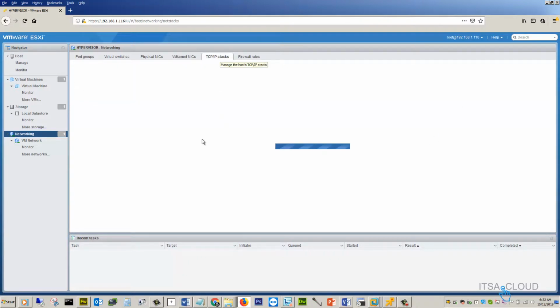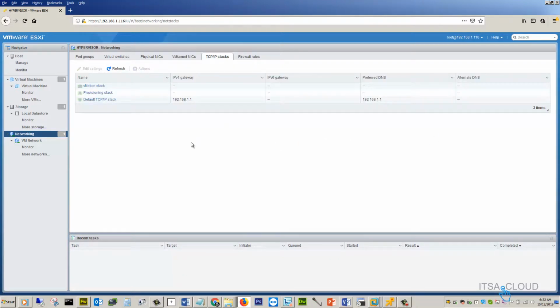We got the TCP/IP stack. We have one for vModule that we don't have in this host because this host is not connected to a vCenter for provisioning, and the default, which is the one that we are using.